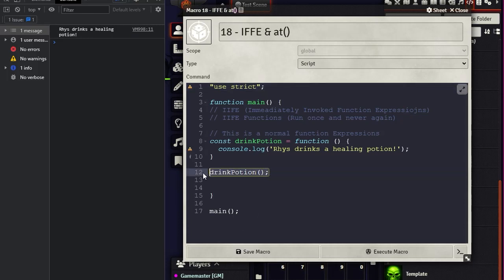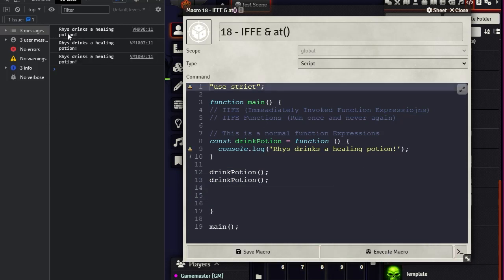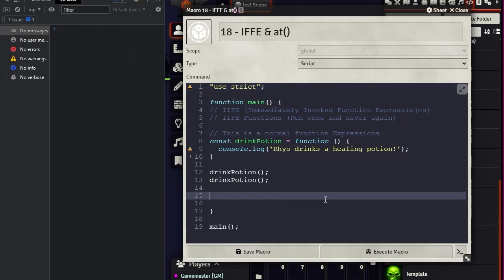Now we can invoke this or call it multiple times. So if we do it one more time, you'll actually see that we can call it multiple times, no problem. That's functions that we've learned. Now an IIFE function is one, like I said, that's only invoked when it's created and can never be invoked again. Basically the way we create an IIFE function is we encapsulate our function inside